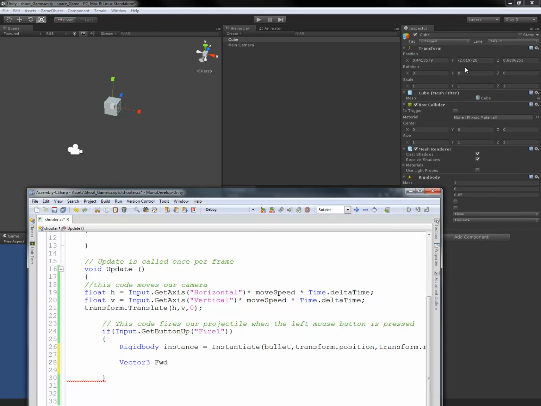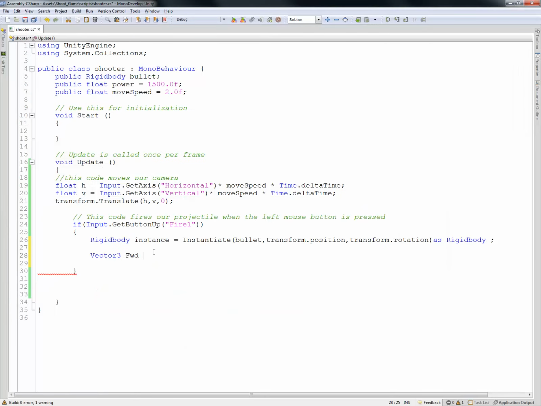So it can actually store any of this by just giving it the data type vector3. Alright, so we'll make it all lowercase, forward, and we'll make it equal to the object that it's added to, which is the camera. So the transform